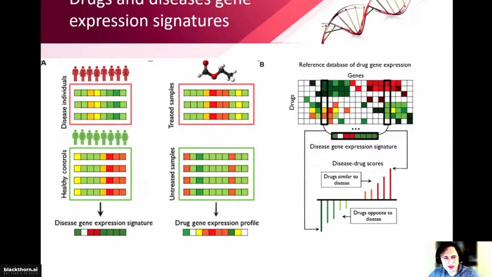So basically, when we are comparing treated and untreated samples, we can also calculate these differential expression signatures, and it will require a lower amount of samples, as they are more even in terms of genetics and exposure and their previous history. And for different drugs, you can accumulate signatures for different cell lines, for different cancer lines. And when you have a disease and you have this signature, you can try to find some drugs which will be able to treat this disease.